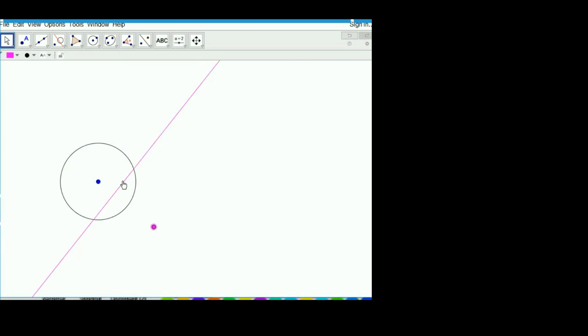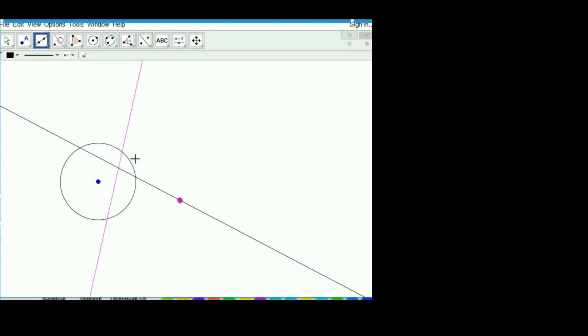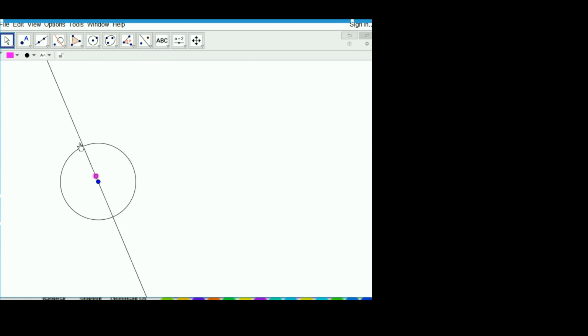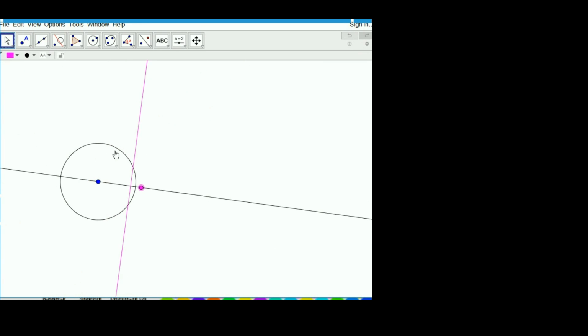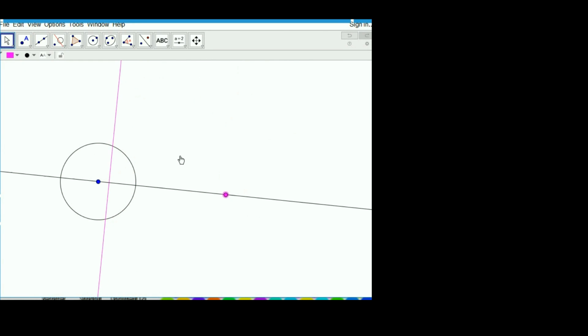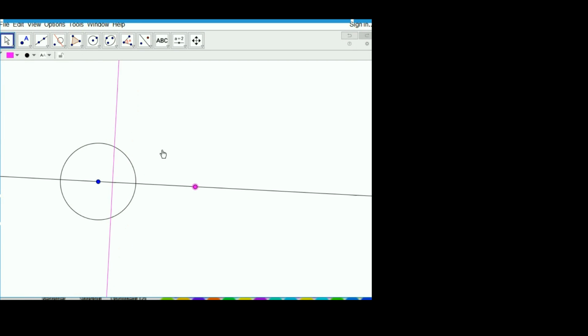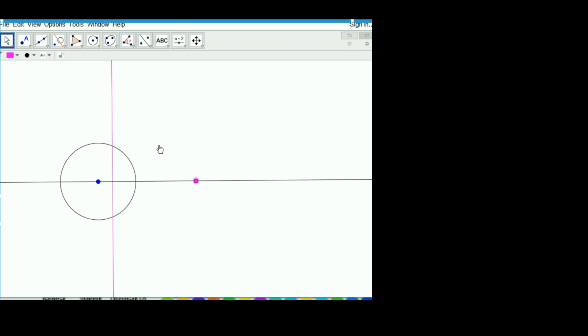Now there's an interesting fact about the polar of a generic point on the plane in this case, and that is that if we join that point to the centre of the circle, then the polar of that point is going to be perpendicular to that joining line. So that's some useful information, and we can get even more understanding if we note that the position where this purple line intersects this perpendicular line, we can mark that